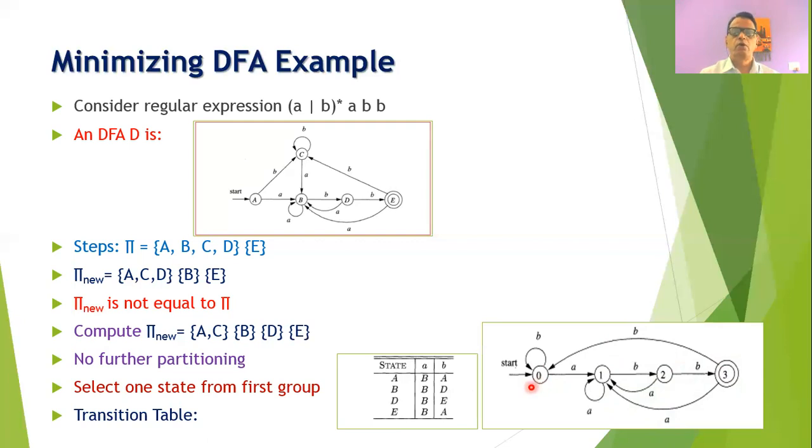So here we observe that initially the DFA that was given to us consisted of 5 states, but now we have reduced the number of states of the DFA to 4. That is, we have reduced one state from the DFA. So the transition diagram is now optimized, and it is possible to write the appropriate C program for such a transition diagram.